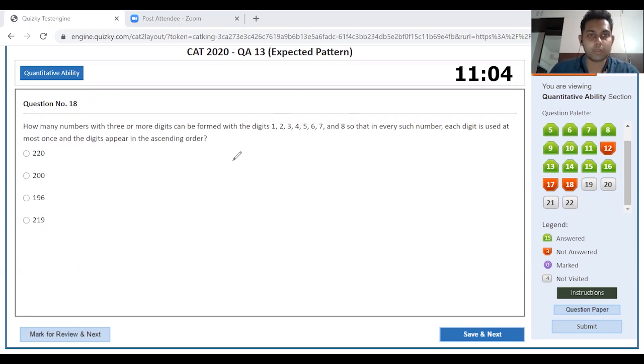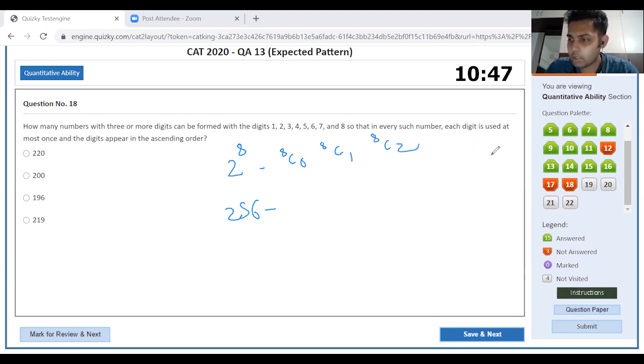3 or more digits, no? So 2 power 8 is the maximum that can be formed, right? That is 256. So say I just need to subtract from here 0, 1, and 2, right? Which is equal to